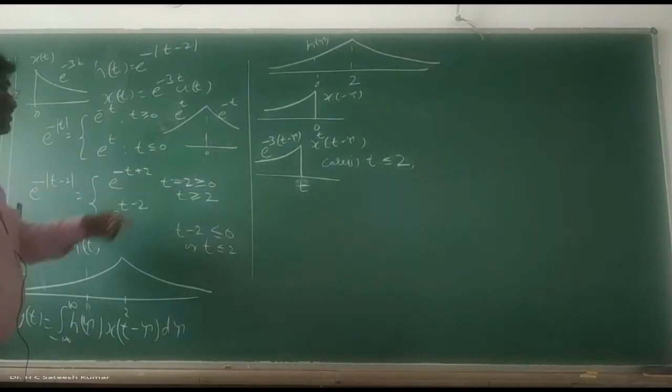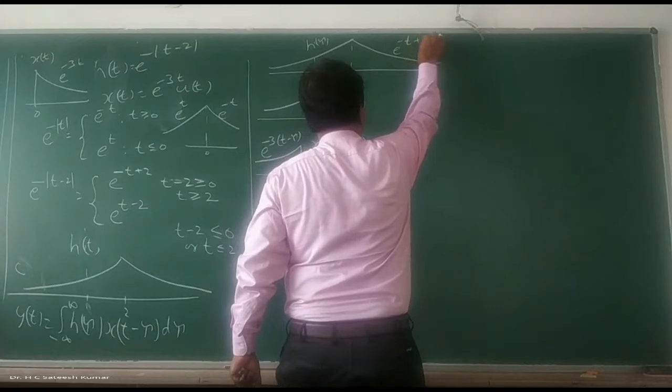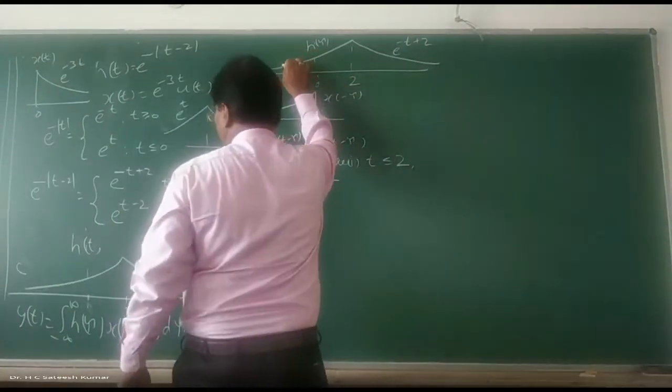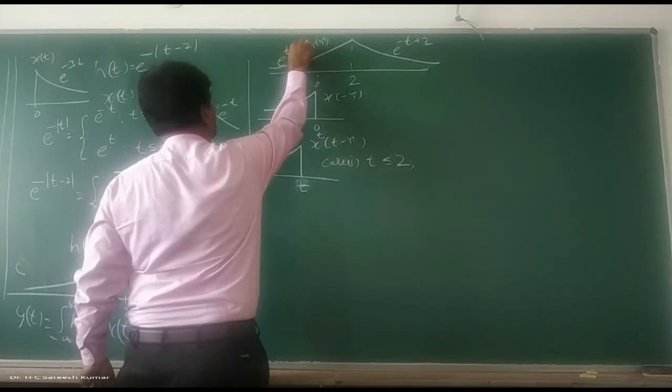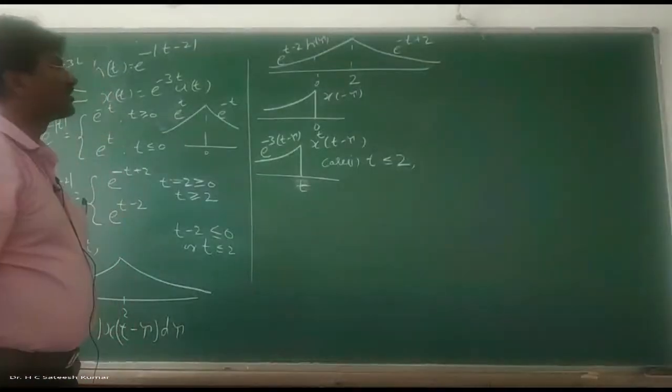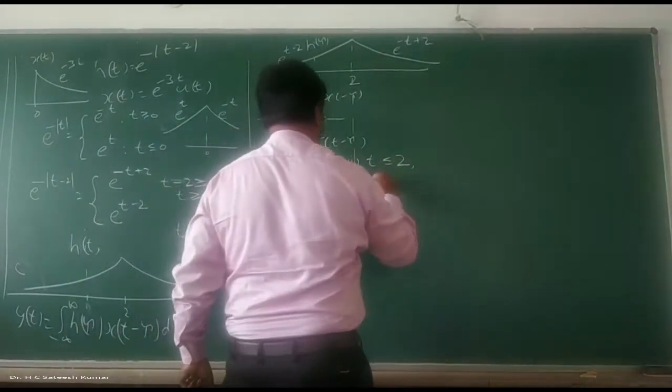For t greater than or equal to 2 means what? e to the power of minus t plus 2. And here, e to the power of t minus 2. Okay, right. So case number 1, as long as up to this point, case number 1, t less than or